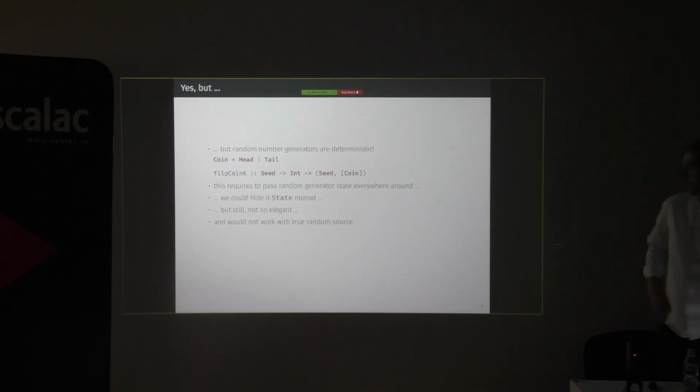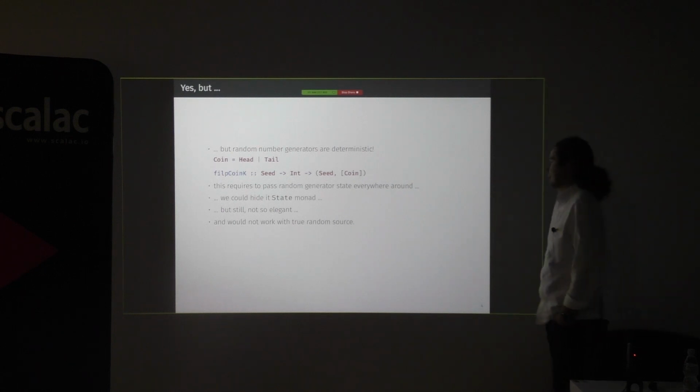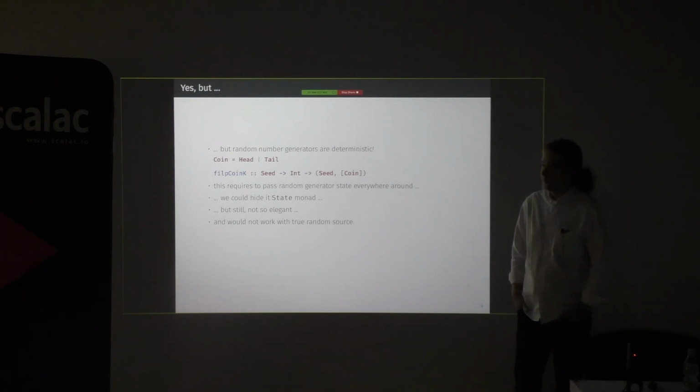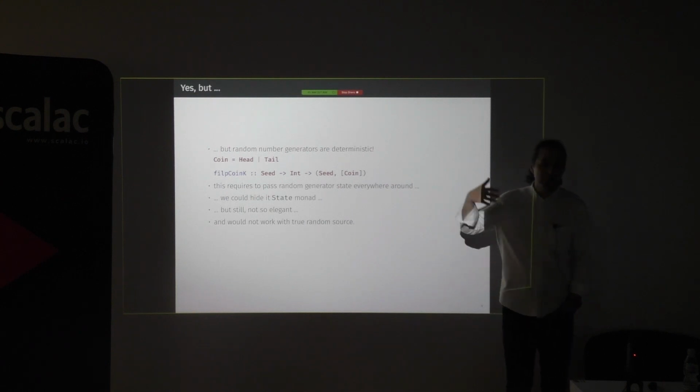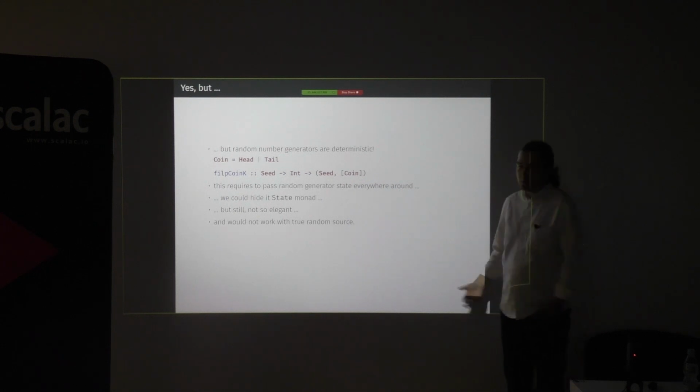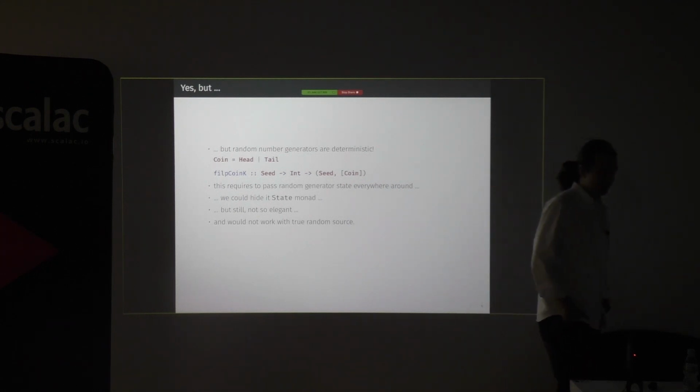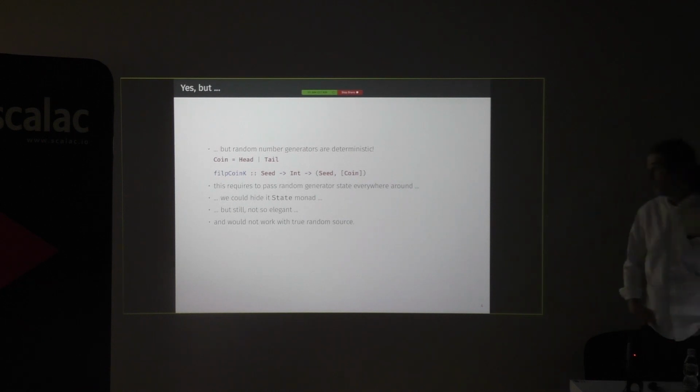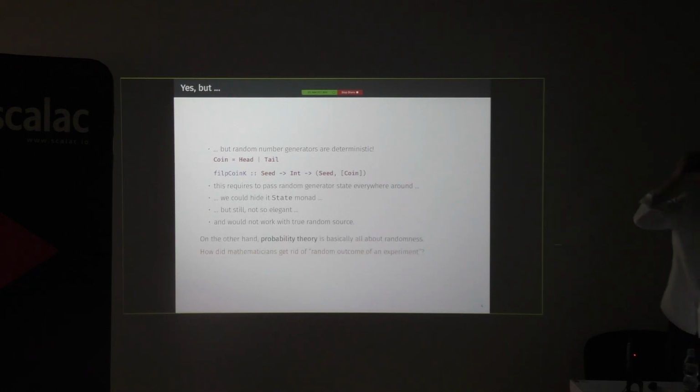Yeah, but we can, for example, hide this seed in a state monad or whatever else, but somehow it is still not so elegant. And moreover, that would not work if we, for example, have a source of true randomness, like a device that we connect to our computer on /dev/something and that produces real random numbers. Then we will need to use the IO monad anyway. Okay, so